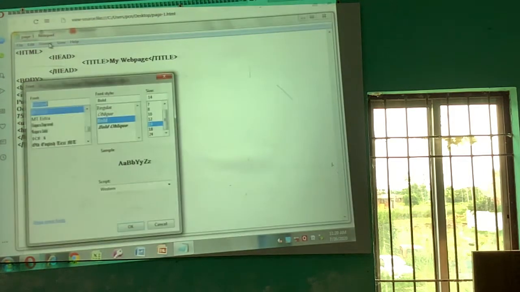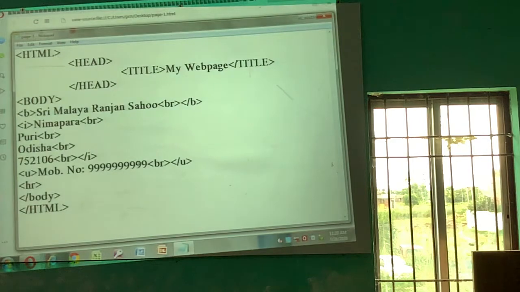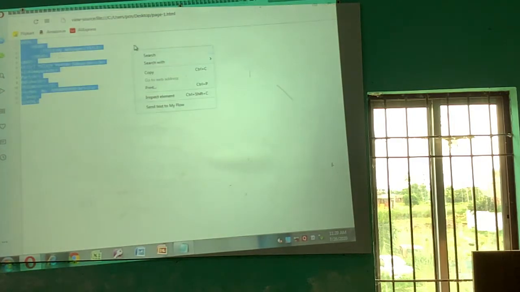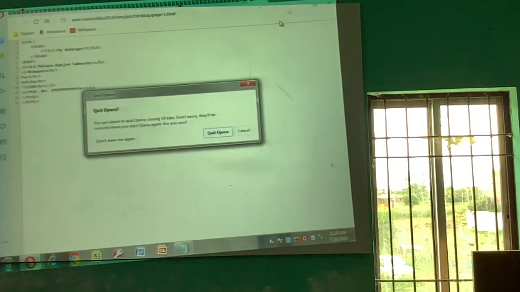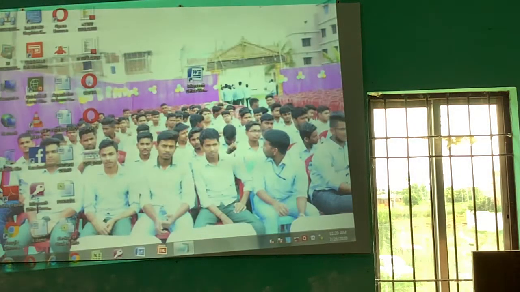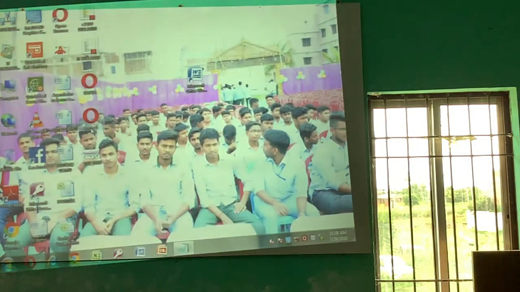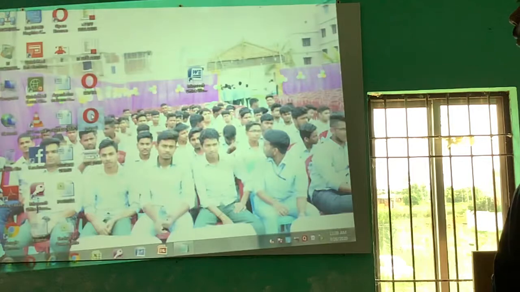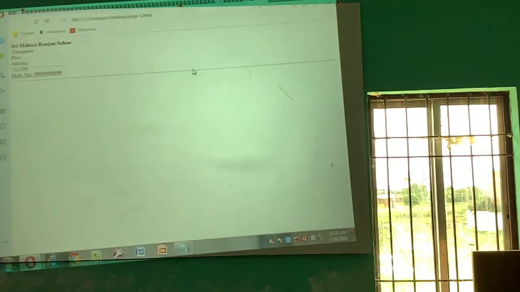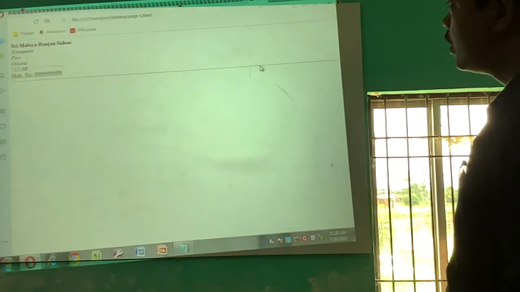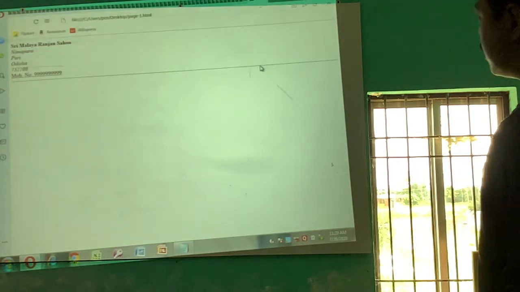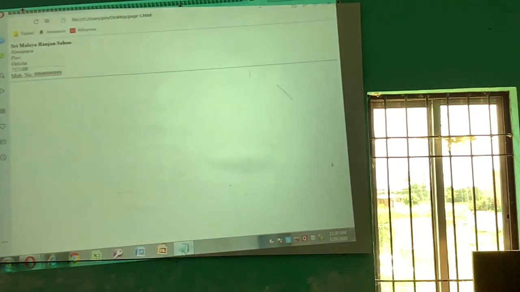I am increasing the font size, then go to the browser window, refresh, page 1. See, here you find a horizontal line.